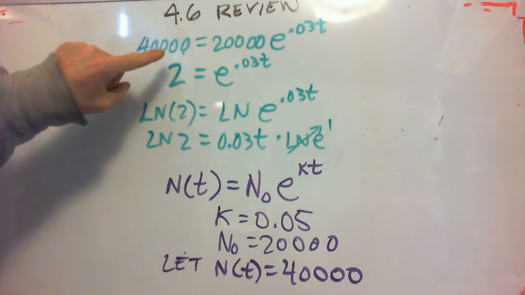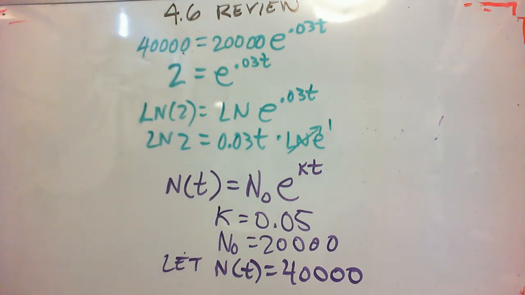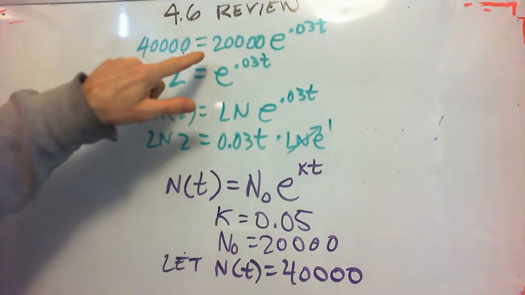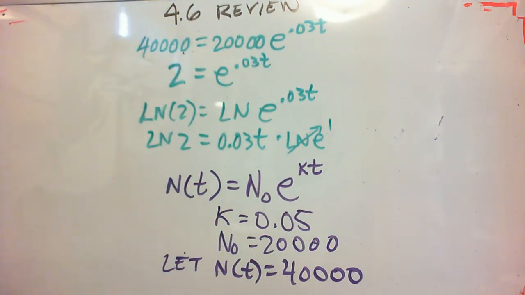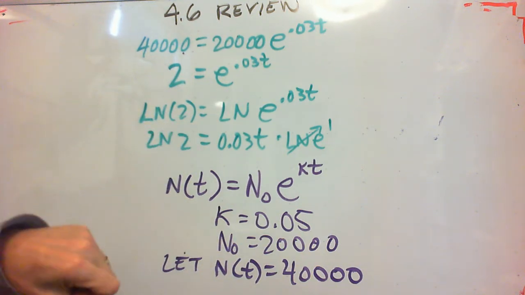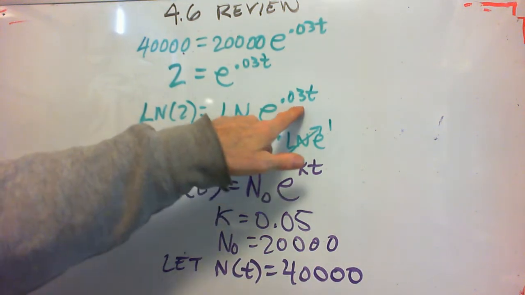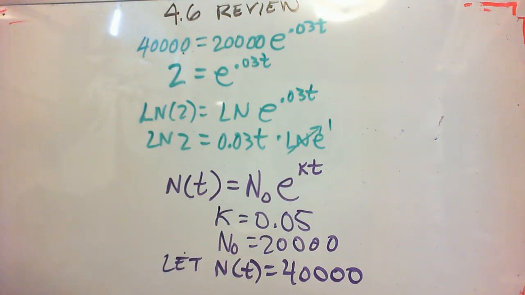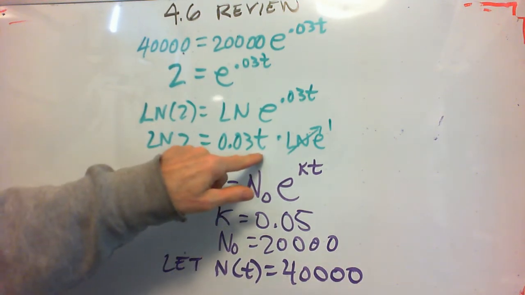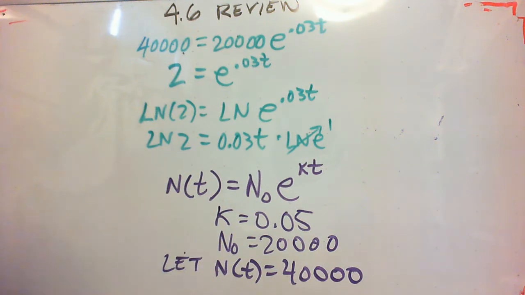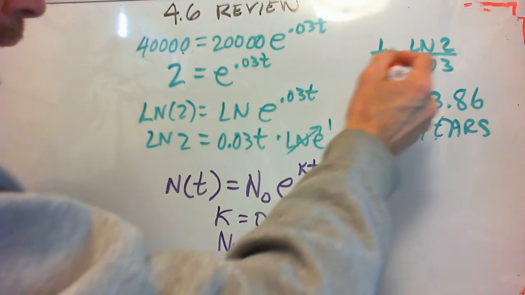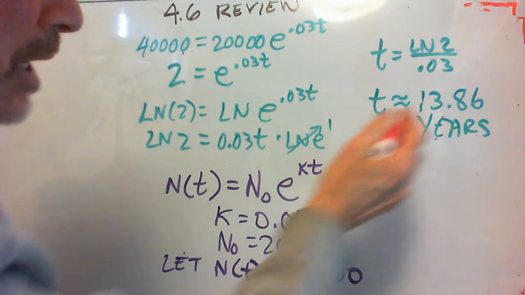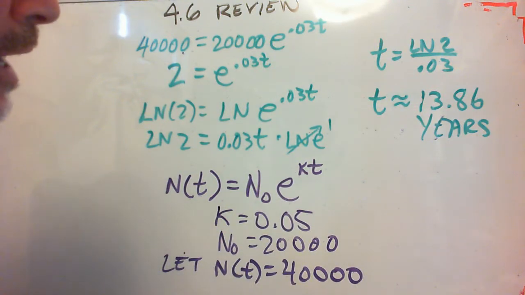So after we plug in all the quantities, we get 40,000 equals 20,000 e to the 0.03 t power. Divide both sides by 20,000 and we get 2 equals e to the 0.03 t power. Take natural logs of both sides, which allows you to move that exponent out front like we did in the previous problem. ln of 2 equals 0.03 t, and then we can solve for t by dividing both sides by 0.03. So when we do that calculation, ln of 2 divided by 0.03, plug it in our calculator, we get about